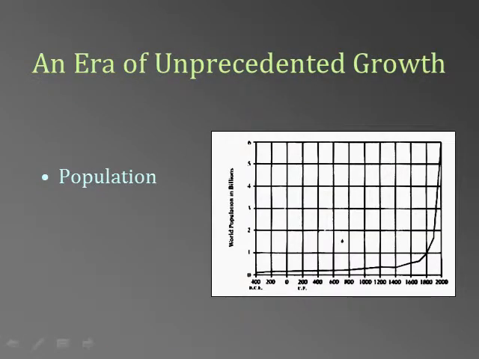When all is said and done, the era from 1750 to 1900 is an era of unprecedented growth, economic growth, growth in knowledge, but also a huge growth in population. If you look at the chart, you will see that with the rise of industrialization in about 1750, population growth soared. Part of this is not so much an increase in the birth rate as a decline in the death rate. People lived longer, and family sizes and birth rates did not change to keep up with that.